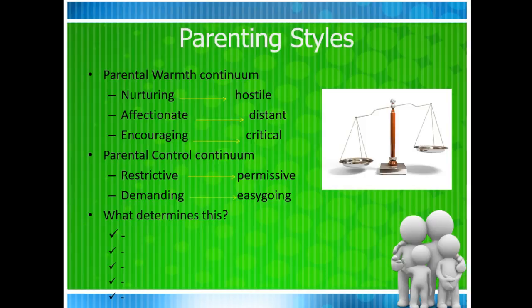Anything else? How you were raised, culture, current situation. How about birth order? Like, is this the first child or is this the fifth child? You might parent the first and the fifth a little bit differently. You might have learned some things along the way, so like trial and error. What worked before is not working now, and that could be a good or bad thing, right?